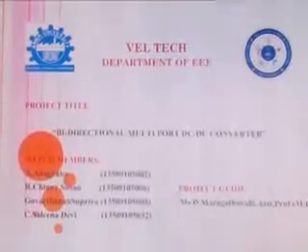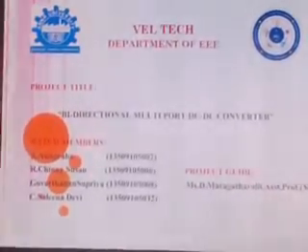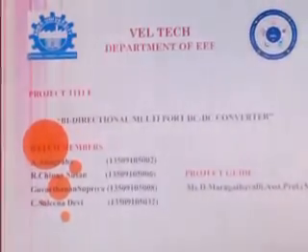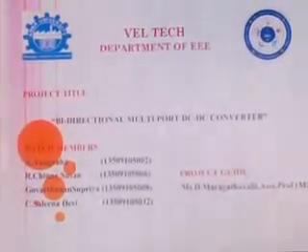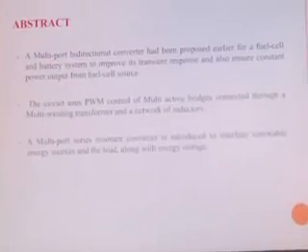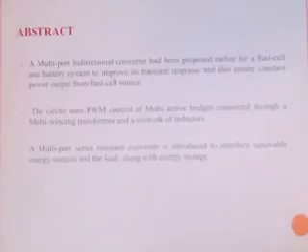Friends, our project title is Bi-directional multiport DC-DC converter. Our batch members are Anugraha, Salina Devi, Govardhan, Supriya, and Chini Susan. The main abstract and objective of our project is that we need to give supply to